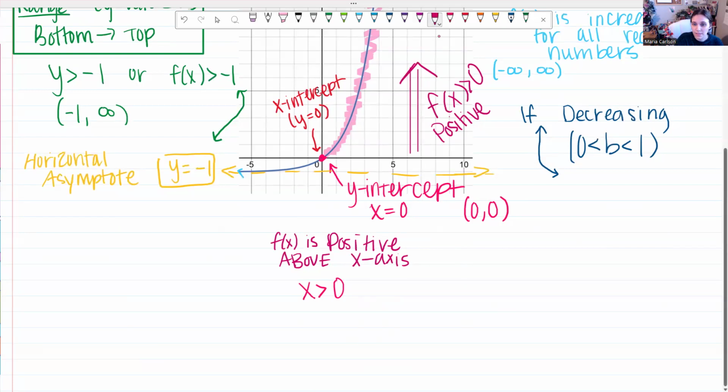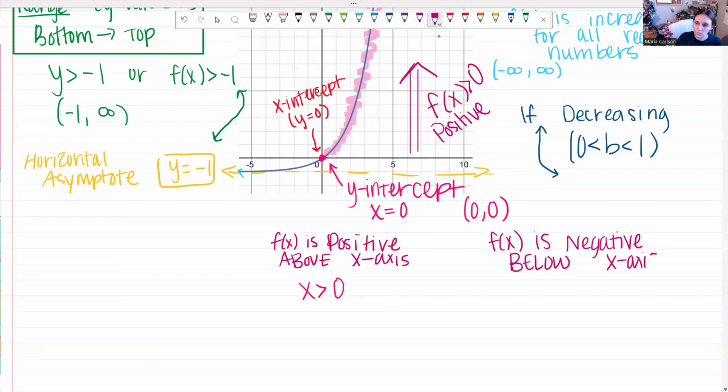And then we would say that the function f of x is negative below the x-axis, where all of the y values are negative. So if I'm looking at the graph here, that would be everything below this x-axis,